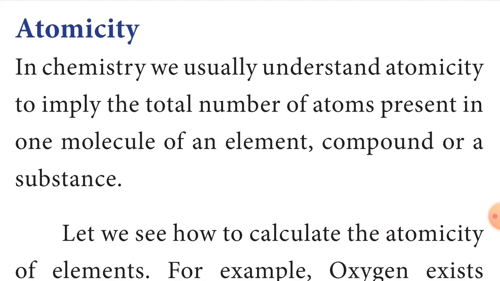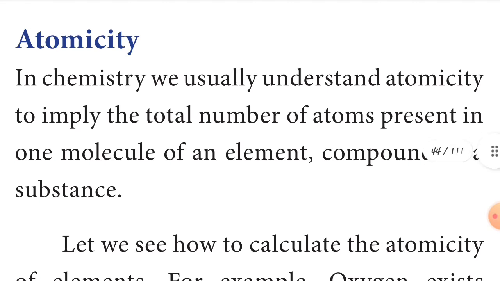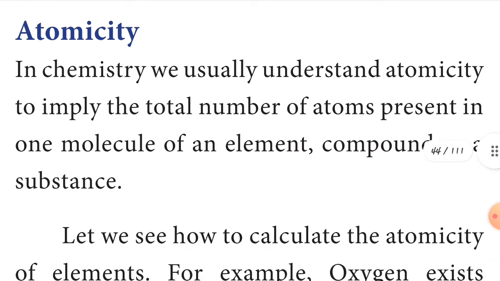Children, today we are going to learn the same unit 3, changes around us. Today we are going to learn the important topic, atomicity. Okay? You know the atoms, number of atoms, children? How many elements are present in our atmosphere? Yes, very good. 118 elements. Now let's see the atomicity.